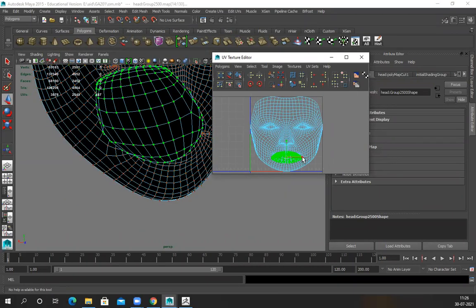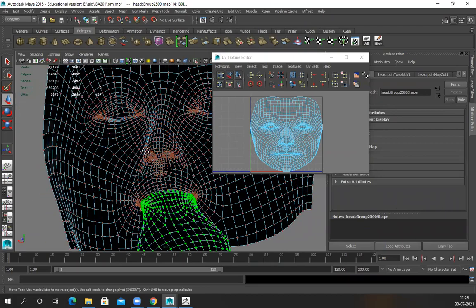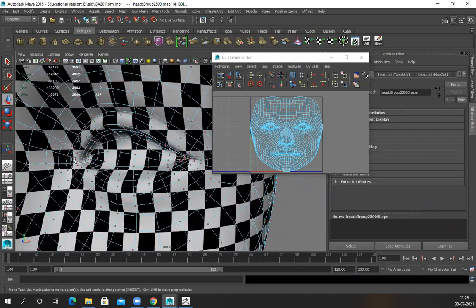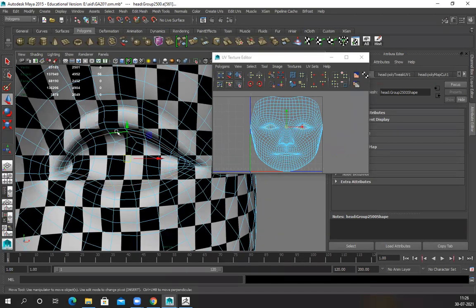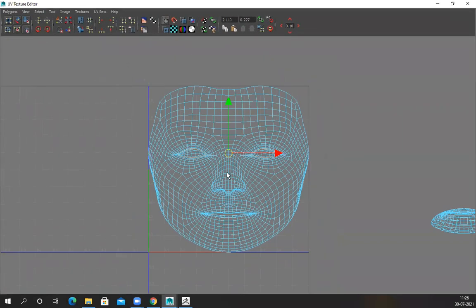So I shall separate this one. Now the mouth can open easily. Similarly, for the eyes, we have a lot of detail. If I want, this one is optional: I can select this entire loop and separate the inside part. I can keep it also, or I can separate it. So this is my main face.